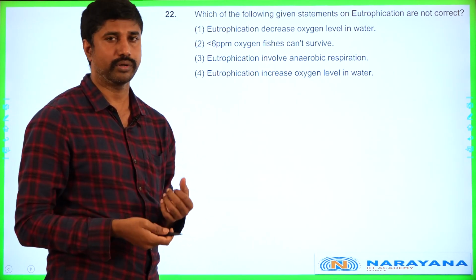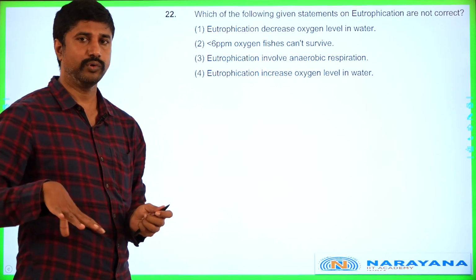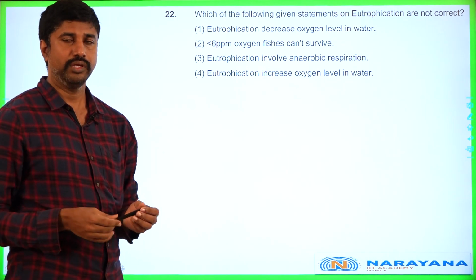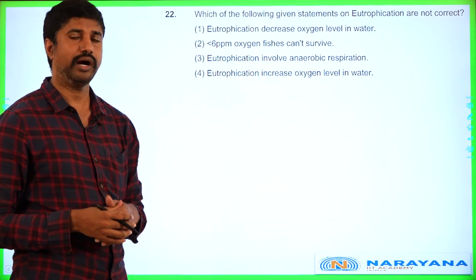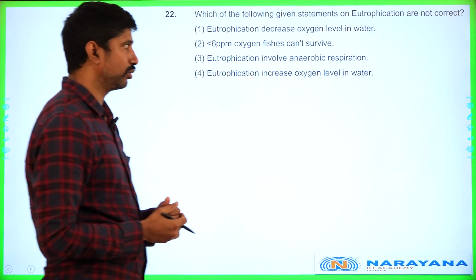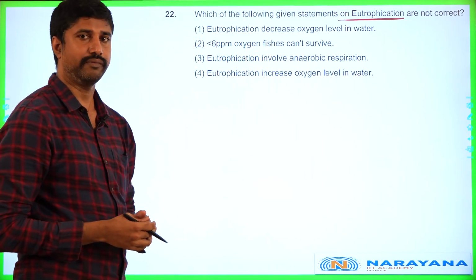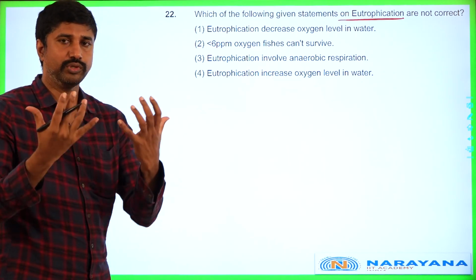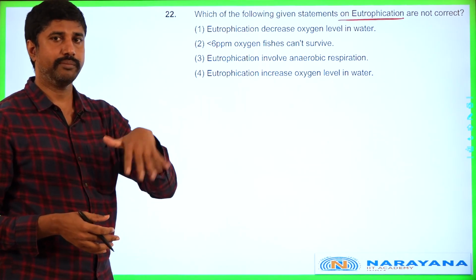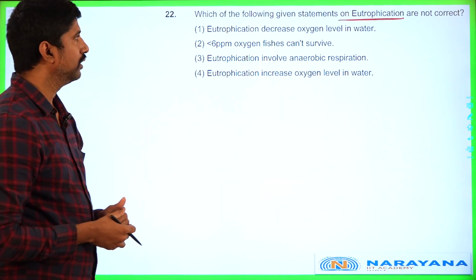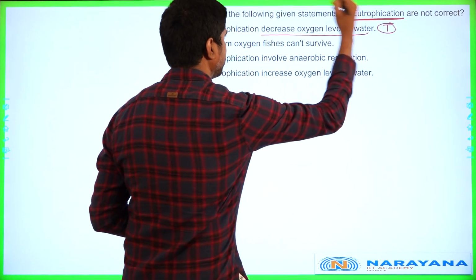If DO is more, they take more and occupy the total space, which almost affects the aquatic life. Because of this unwanted plant growth, algae or fungi, affecting aquatic life, that is what we call eutrophication. As a result of eutrophication, as algae and fungi develop fast, they consume the oxygen present in the water as DO, so the DO value will be reduced. So eutrophication decreases the oxygen level in water, which is a true statement.